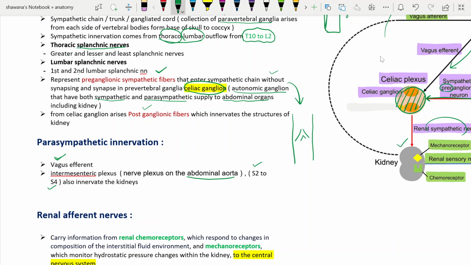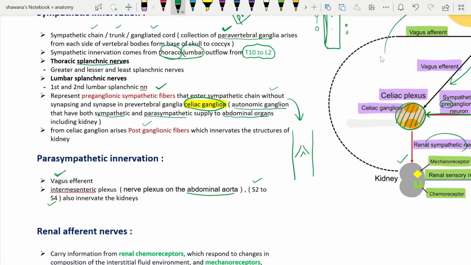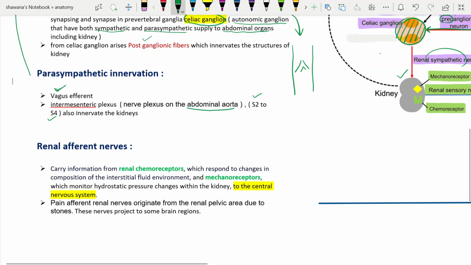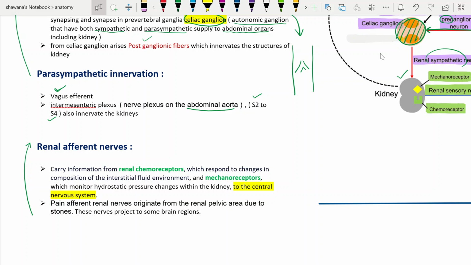Okay, we have talked about the efferent pathways. This one is the efferent. Then comes the afferent. What conditions do you think that afferent contains? Of course, pain. It is sensory, and the afferent nerves carry some amount of sensation from the kidney. For example, if there are stones in the pelvic area, and if the pelvis is going to distend because of the stones, it can cause irritation, and they excite the nerves which are afferent, and they will go towards the